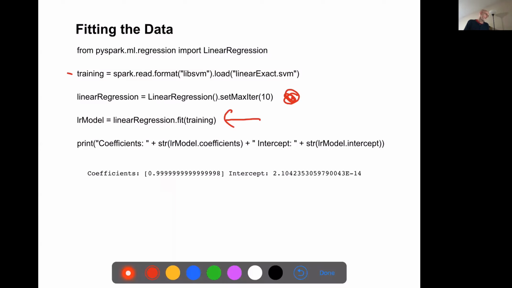Since it's a linear regression model, we can look at the output by looking at its coefficients. And it's pretty close, right? Because it says the x coefficient is basically 1, and that intercept is pretty close to 0.